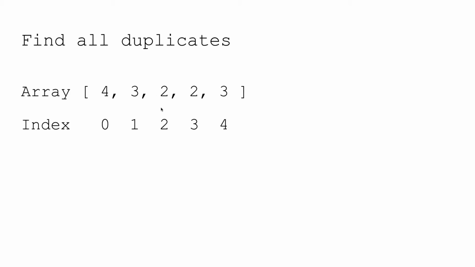Okay, so for example, we have this array as an input where we have 4 3 2 2 3. Just by looking at this array, we can say that 3 and 2 will be the output because these two numbers appear twice, right? So here the valid indexes would be 0 1 2 3 4. As I mentioned, you can get these indexes from any of your elements because each element ranges from 1 to n. That means you can simply subtract 1 from any of these elements and you will get a valid index which will lie between 0 to 4.